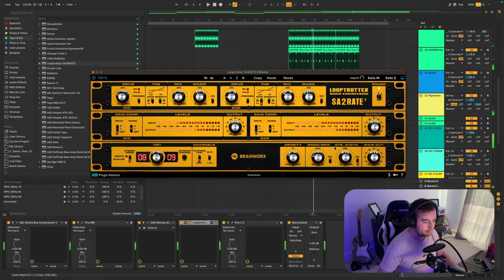If we do a little mono check, we can see that when stereo widening, this is being applied to the subs, and you can hear that. When we go quite extreme, in particular, you can hear that there's some weirdness going on. So by using mono maker, we can avoid that in the low end, but we can still get the width on the mids and highs. So if I take off my mono,